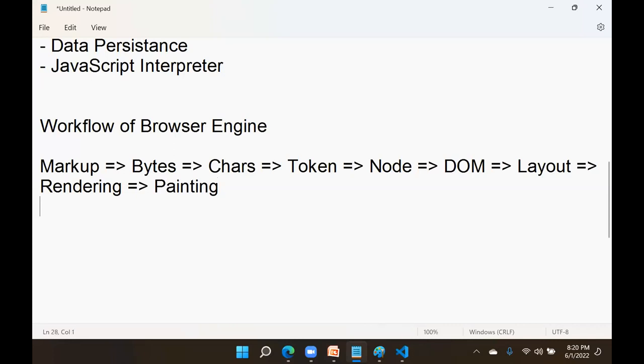This is the basic workflow of a browser engine. The diagram I will upload later into the classroom. Now, this is how the browser works. We have a markup. We have styles. Styles are converted into bytes. Bytes are converted into characters. Characters are converted into